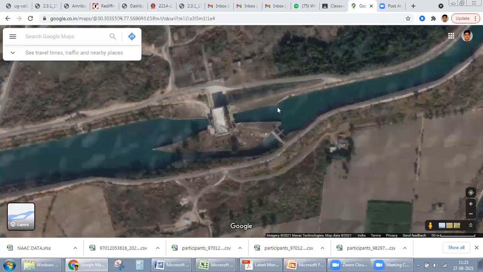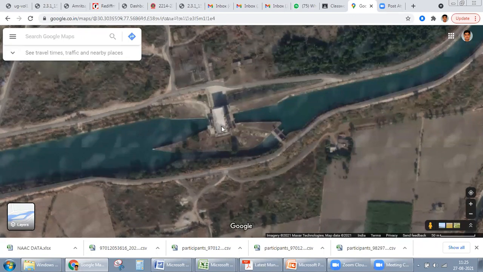So this is converged, and this is diverted. So this is basically a draft channel. The water after running the turbines is released over here. So the water level difference on both sides is considerable. Whatever the water level difference is, that will create the head. So low head powerhouses are generally provided on this canal.